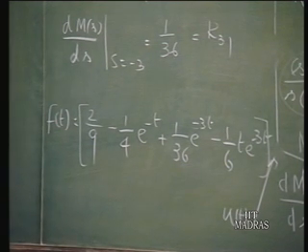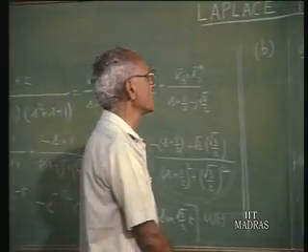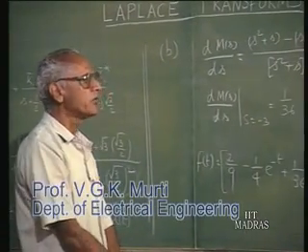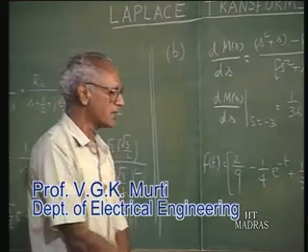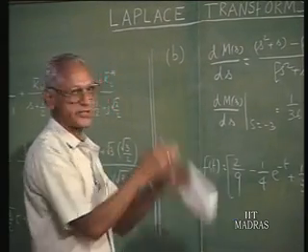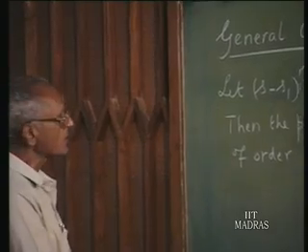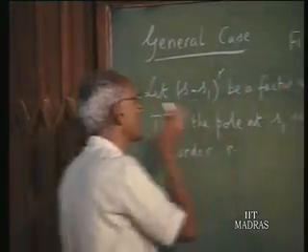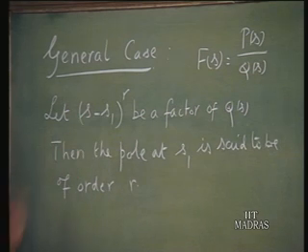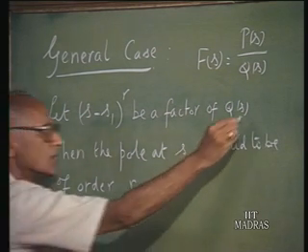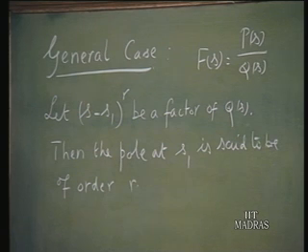Now, after having worked out an example, let us now discuss this in a more general way. When you have multiple order poles, how do you find the various terms in the partial fraction expansion? Let us look at it in a more general way rather than through an example. Let us now consider a general case where multiple order poles occur. So, given f of s, which is P of s over Q of s, let s minus s1 raised to the power of r be a factor of Q of s. In this event, we say that the pole at s equals s1 is of order r, because this particular factor is repeated r times. Then the partial fraction expansion of f of s will have the form